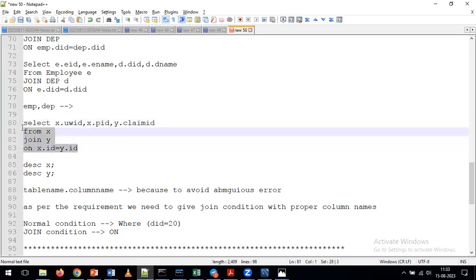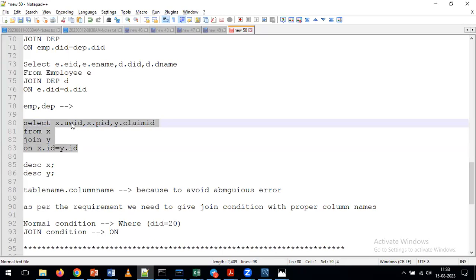By using this query, we can easily understand which column in the select statement is coming from which table. And in real-time projects, we need to follow this as a best practice, because if you give this SQL query to other people, they need to understand the queries in an easy way. For that reason, in the select statement, for each and every column, we give the table alias name dot column name, and that's the reason we are giving E.EID and E.ENAME